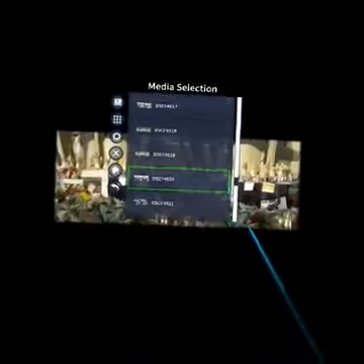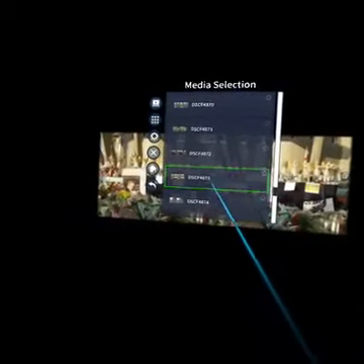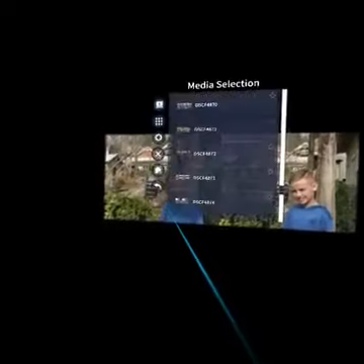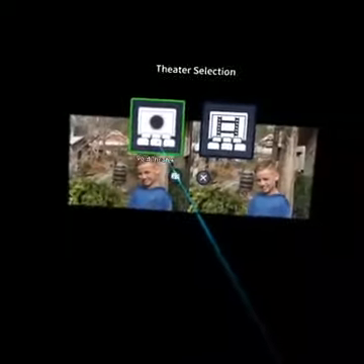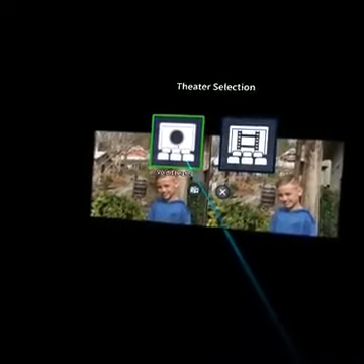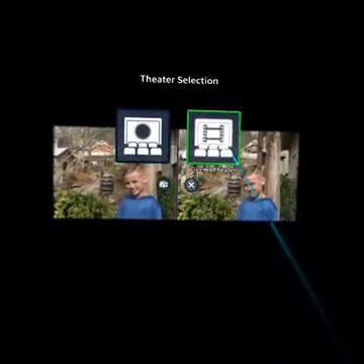Other things to show you. So load up. From what I can see on those tiny thumbnails, it's Dollywood. All right. So if you go ahead and go to theater selection and you choose this, it's called the void theater, so there's nothing around it. A lot of programs have this, like Netflix has this, other programs, but if you go to your cinema theater,